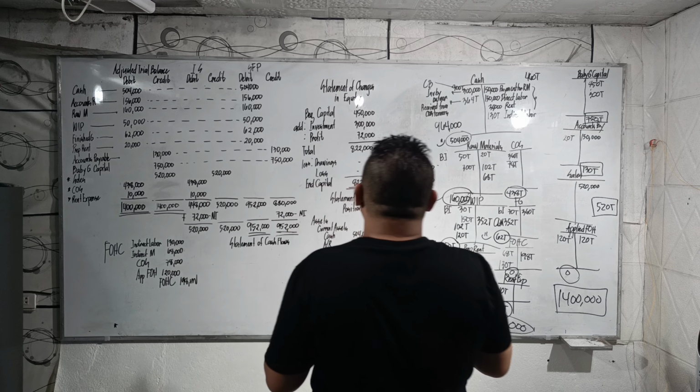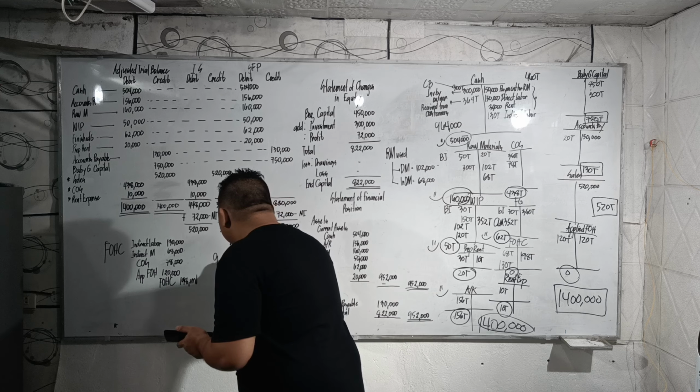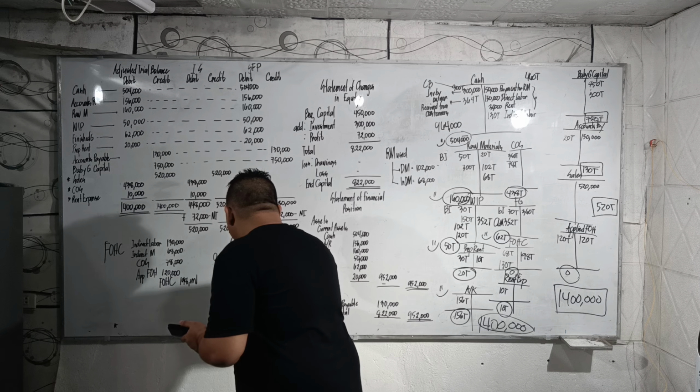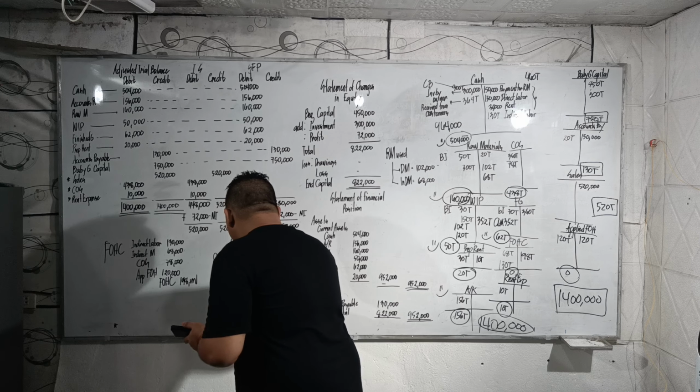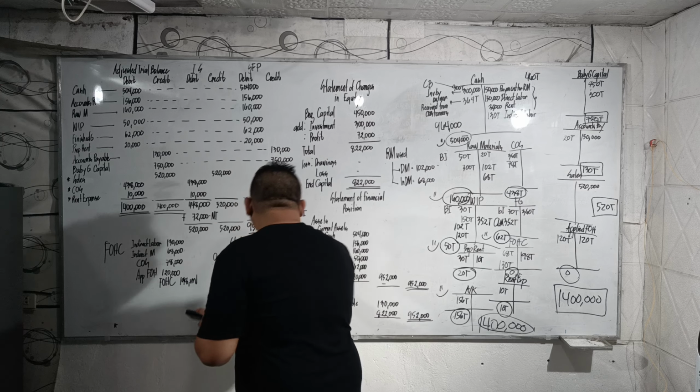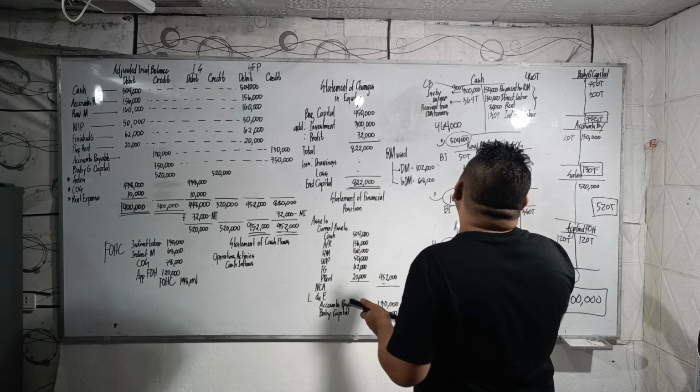The statement of cash flows, you'll start with the operating activities. Cash inflows. So based on the account that I have already prepared for the statement of cash flows, we have the inflows